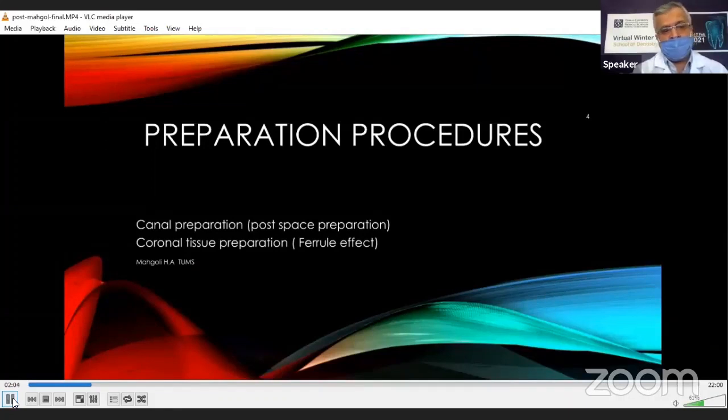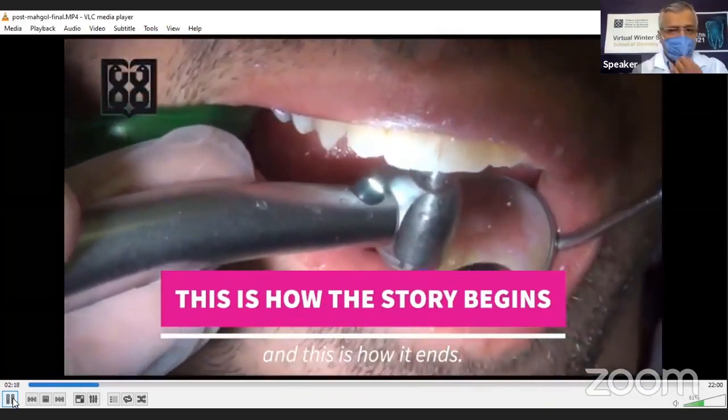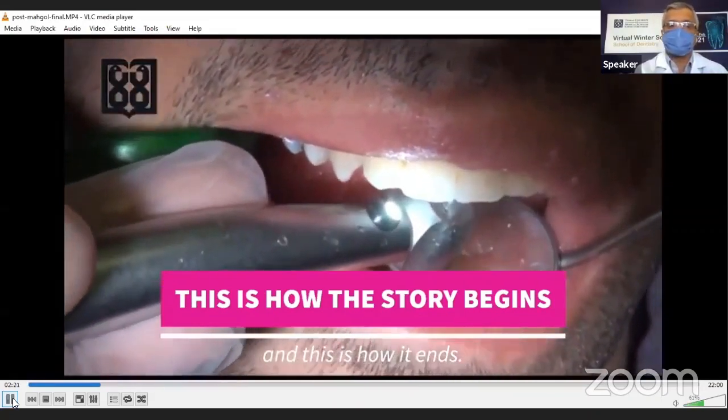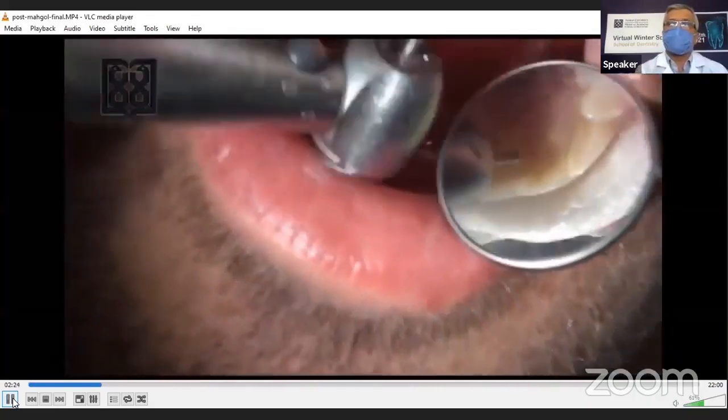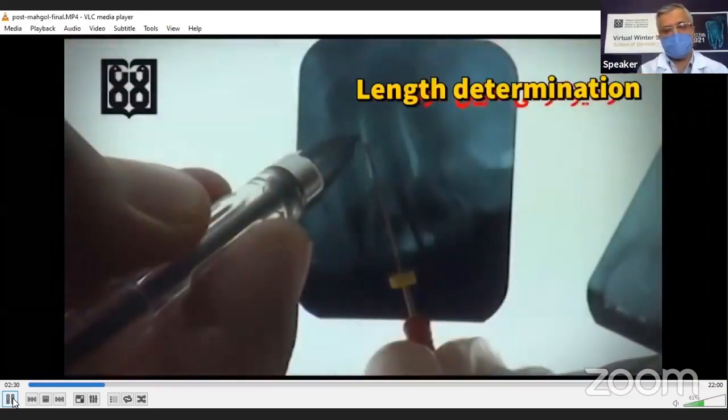I started by removing the composite material from the access cavity and some endodontic gutta-percha from the canal, and after that I took a diagnostic PA radiograph. Because a large composite filling is present, there is a high risk of fracture. But we must determine the length of the post space. On the diagnostic radiograph, we can estimate the length of the post space, and at least about 5